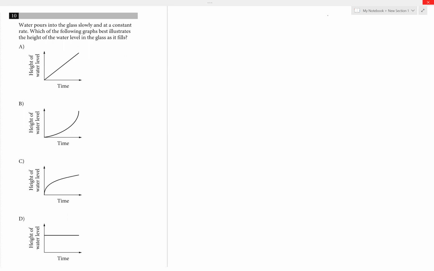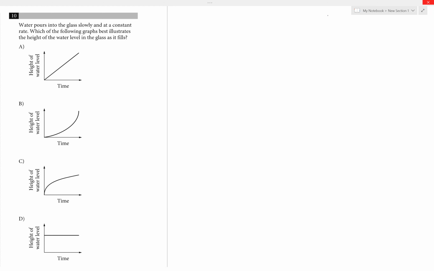All right, number 10. Water pours into the glass slowly and at a constant rate. Which of the following graphs best illustrates the height of the water level in the glass as it fills? Okay, so for number 10, a very common wrong answer that was chosen is